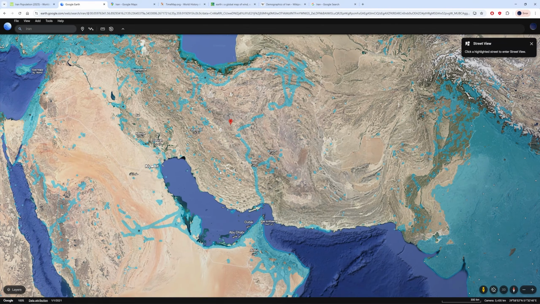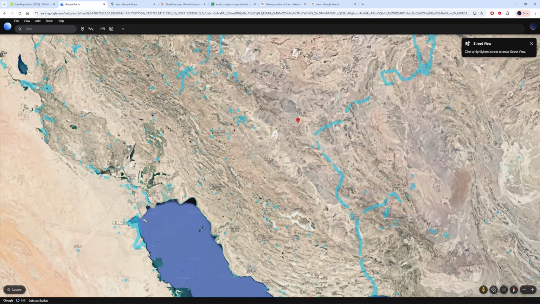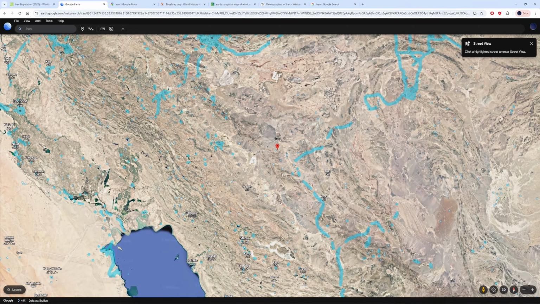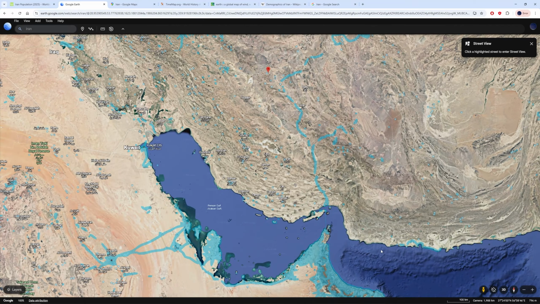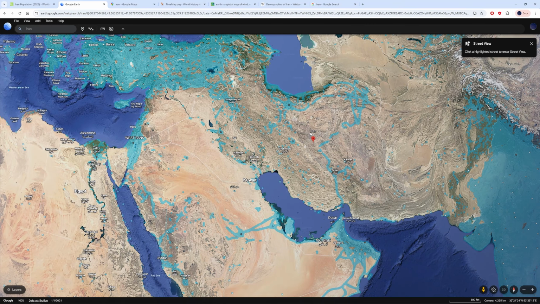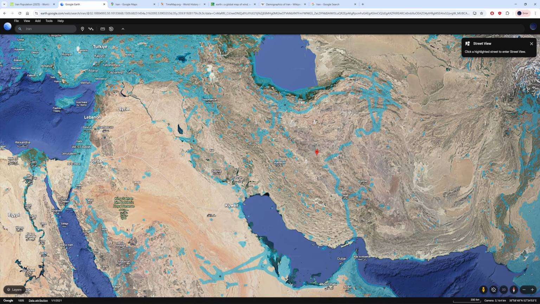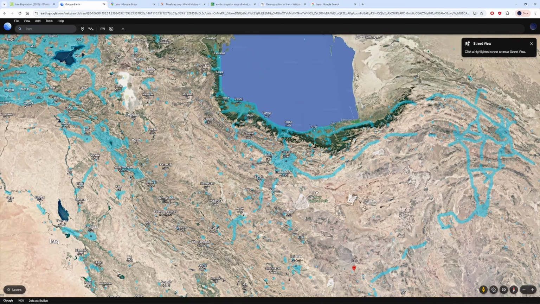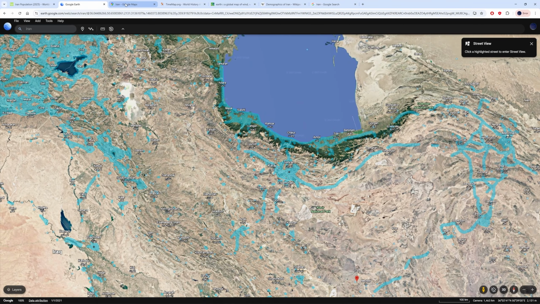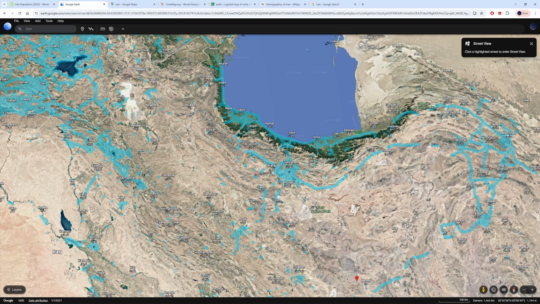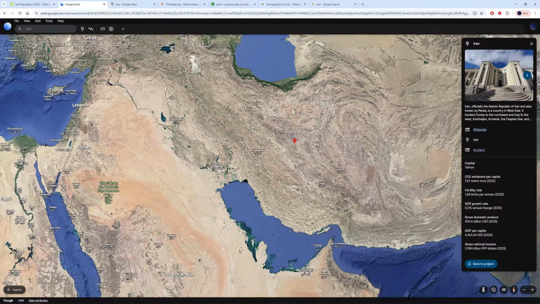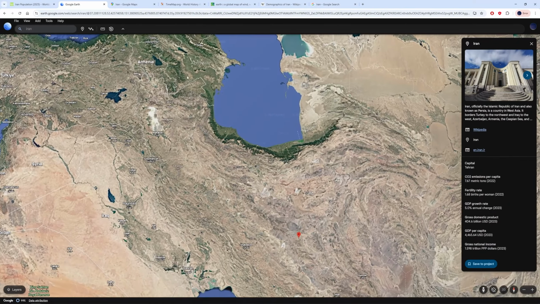But keep in mind, most of the country is desert, so probably they're going to have some problem with water. They usually have, but I always say, if you have an opening to the sea, you can transform the sea water, the salt water, into sweet water, actually drinkable water, very easily, especially if you don't have a problem with energy, because that's the main problem here. So yeah, that's Iran on the map, and this is how it looks on Google Street View, as much as we have, and I might see it.